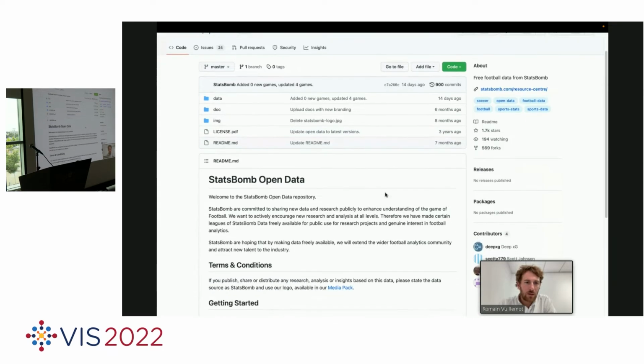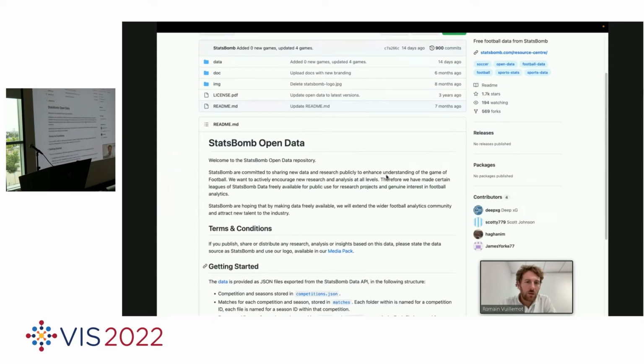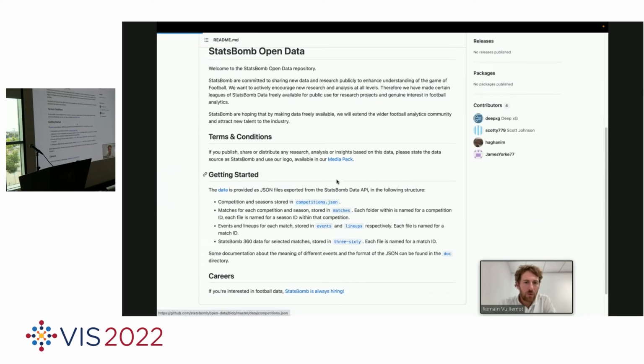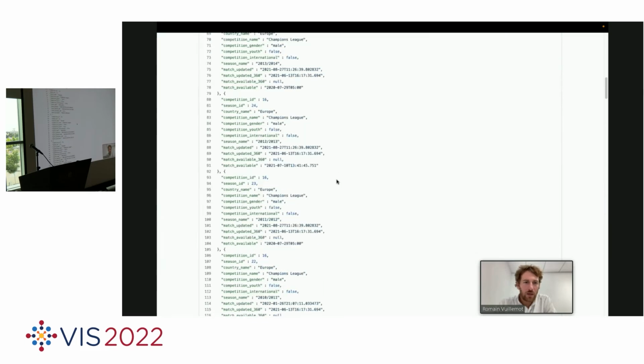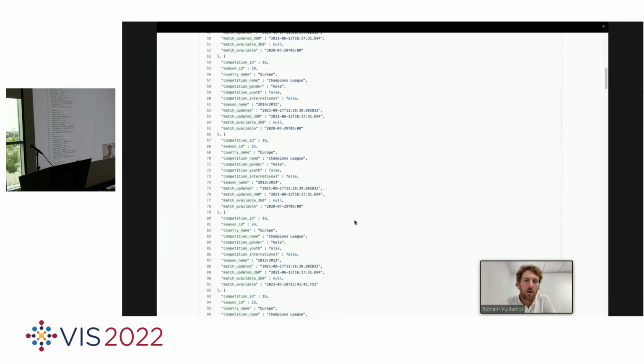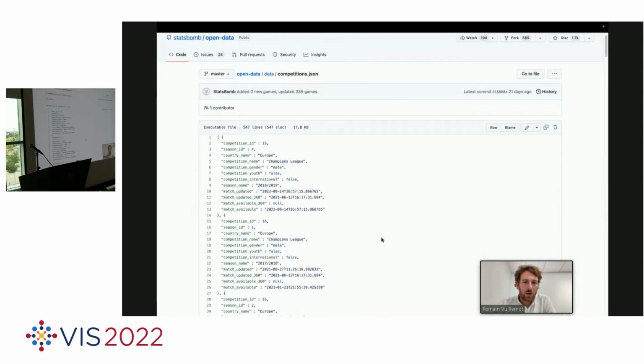As you can see, there is a description. What's interesting is the structure is the following. We have competitions, so we have all the games listed with the metadata of the games, like the competition gender, the competition name, the season name. This is what we called metadata earlier. They are about the games, and this is what we use to pick the